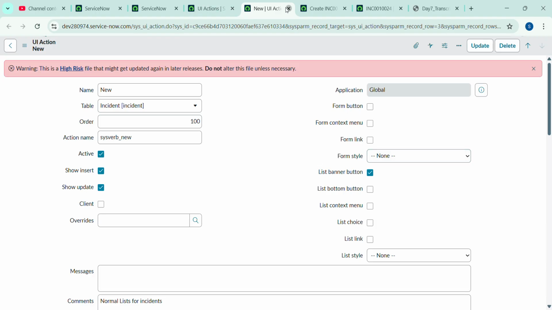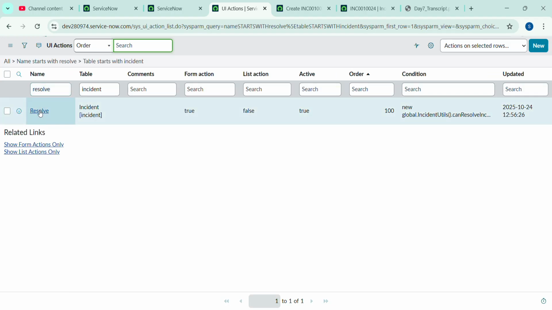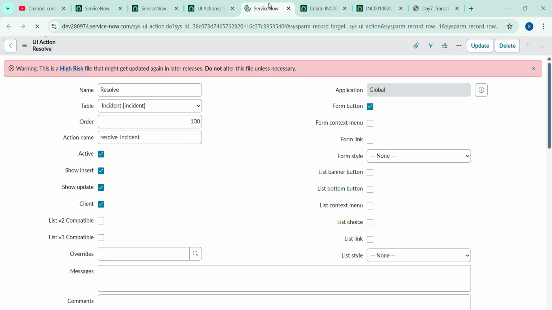So let me go to UI actions again and search for resolve. If I open this resolve UI action,